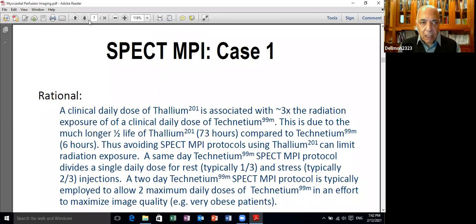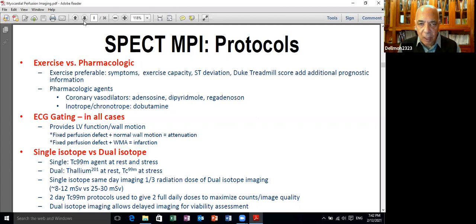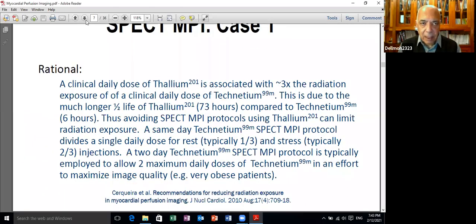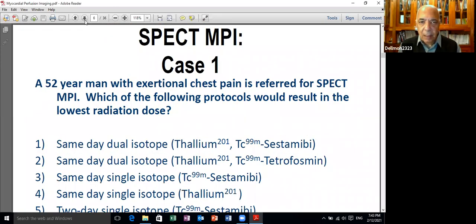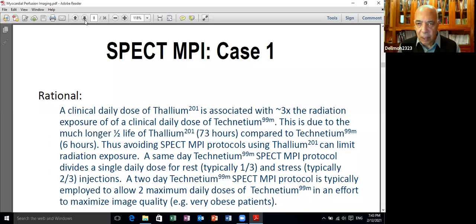Again, this is a reiteration of protocols which are involved in SPECT imaging. If this is not a pharmacological test, only left bundle branch block is the condition in which you should have a vasodilator stress SPECT imaging. So exercise is important because why exercise? You can get an idea about the exercise capacity. You get an idea about the ST changes. You can calculate the Duke treadmill score, as we said in the other